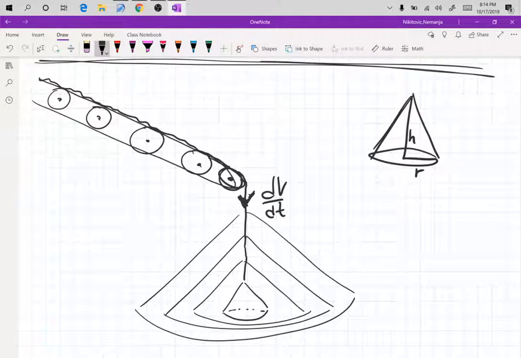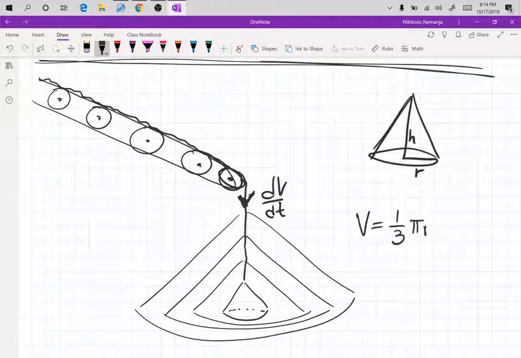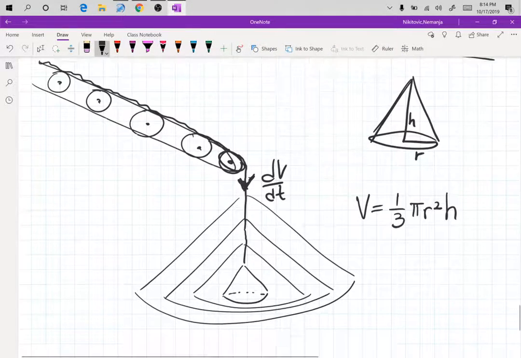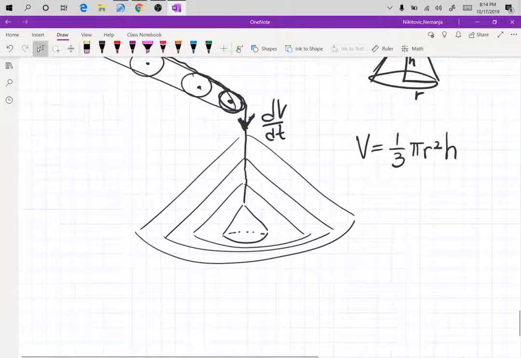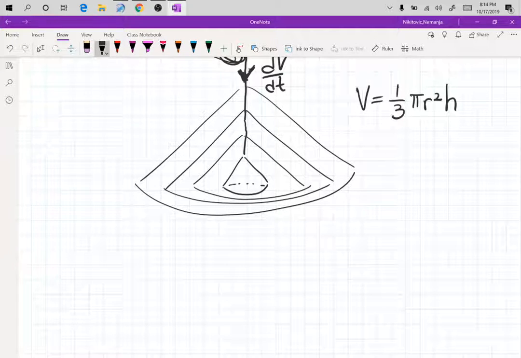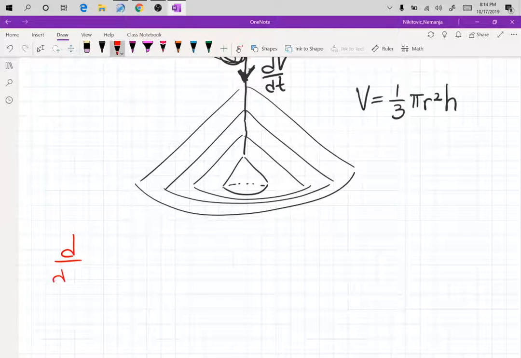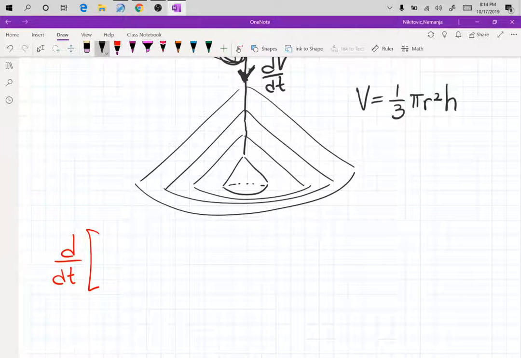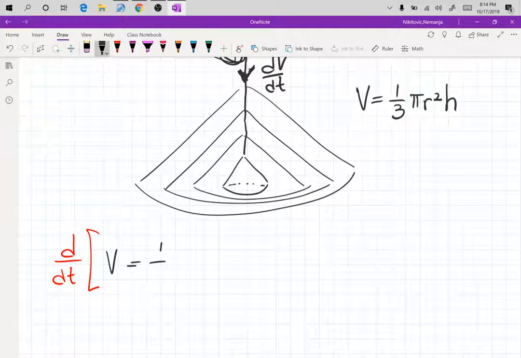So now we see that the geometry is volume, and we know that the volume, because it's a spiky object, is going to be 1/3 the area of the base, which is pi r squared, and then we have the height h for the cone. So now, if I take the derivative with respect to time of my volume equation for the cone to come up with the related rates,